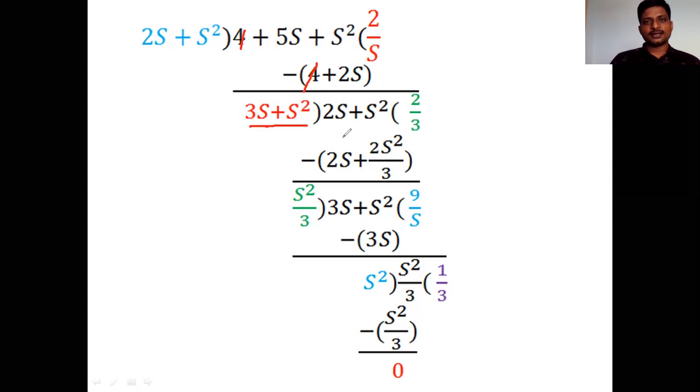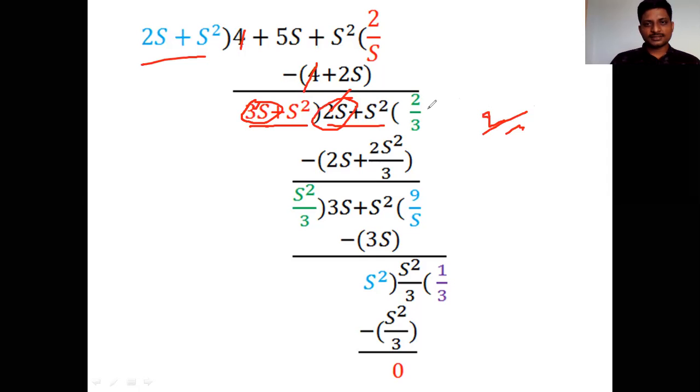Once you get the remainder, what do you have to do? You have to divide the previous term by the new remainder. So 2s plus s square by 3s plus s square. Again you have to predict the quotient. How to predict? You have to compare again. The first term has an s term, and here also the first term has an s term, therefore no need to write s. And here you have 2, and there you have 3 as the divisor term. Therefore you have to write 2 by 3. Okay.